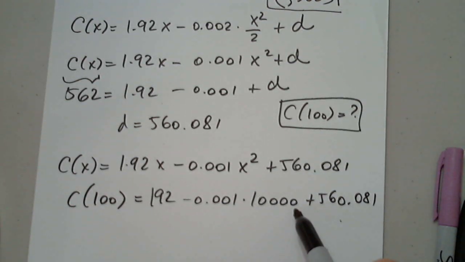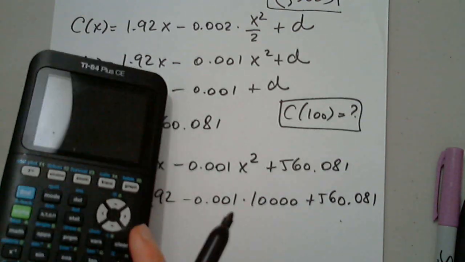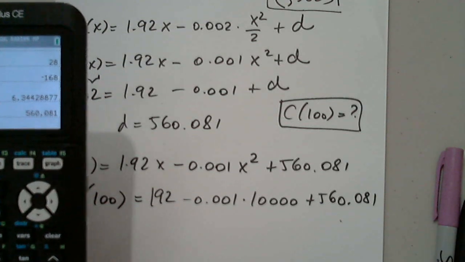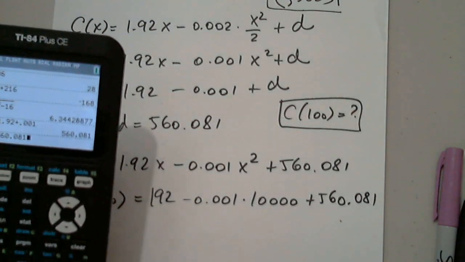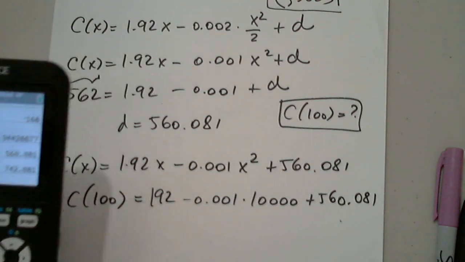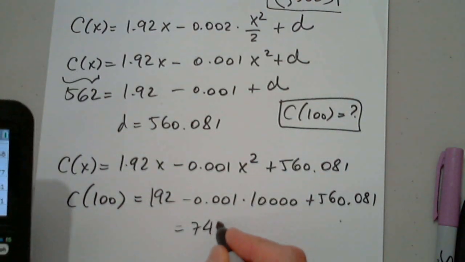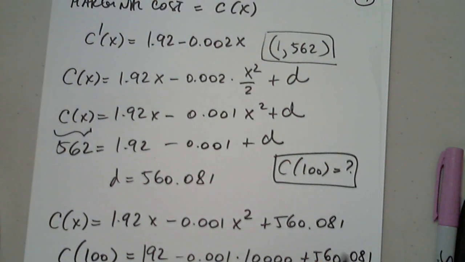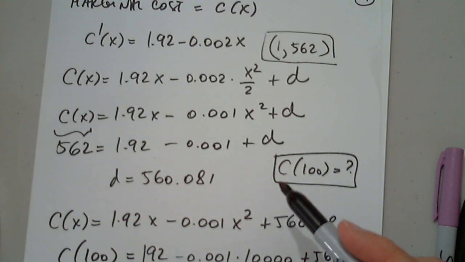So what happens here is I move 4 digits, so it's going to be minus 10. So 192 plus 560.081 and minus 10. Okay, I got 742.081. Which